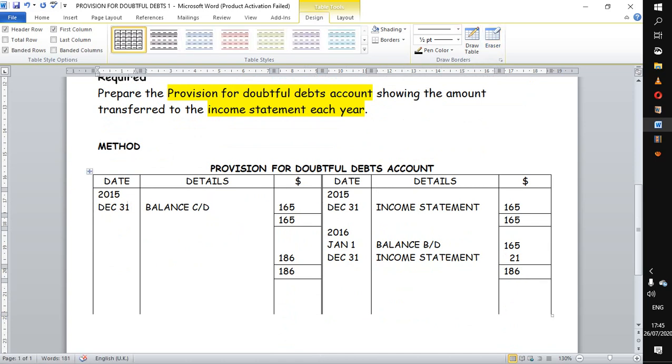So this is happening on the last day of 2016. And this is described as a balance CD, just like we did in the first record. Because this is an increase in provision, it is an expense. We bring down the balance, this one, to this side,